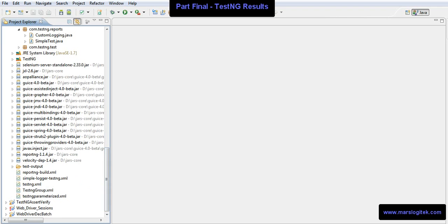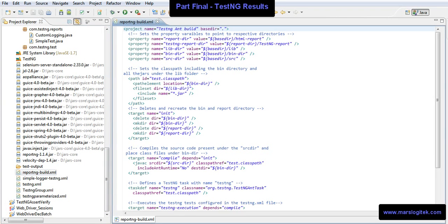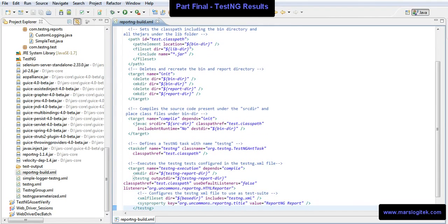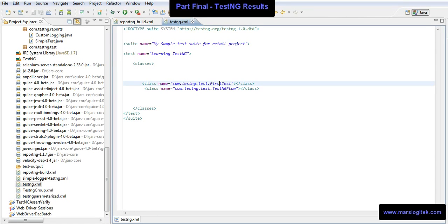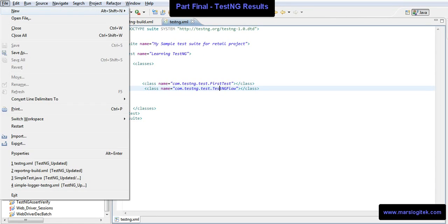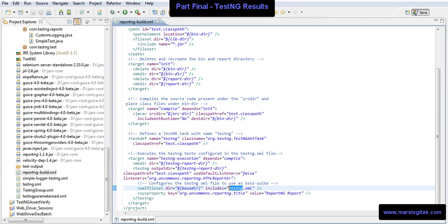Paste it here. You go to the ReportNG build.xml file. Basically it will point to all the jars, like where your classpath is and which file to pick up, and everything will be mentioned in this file. Here I'm saying you pick the TestNG XML file. What is there in the TestNG XML file? There are two test cases over here. I want to pick this, but